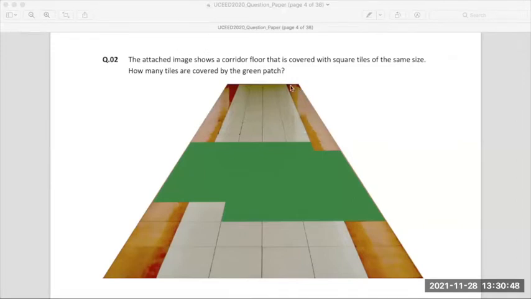Alternatively, if you want, you can do this also, where you are actually drawing the perspective here. But in this case, because it's very evident, in the middle 3 rows are missing. So 3, and then the number of tiles covered in the width are 6. So 3 into 6 is 18. On the top there are 5 tiles, in the bottom row there are 4 tiles, and henceforth we arrive at the correct answer.